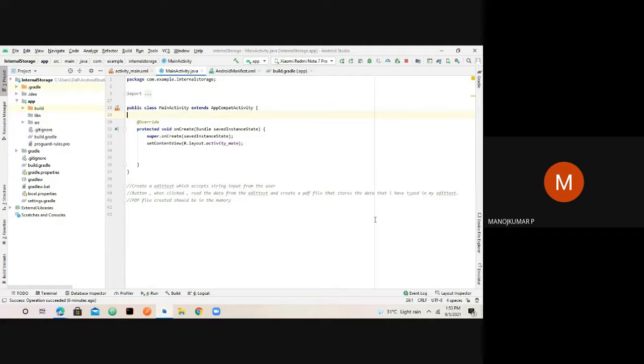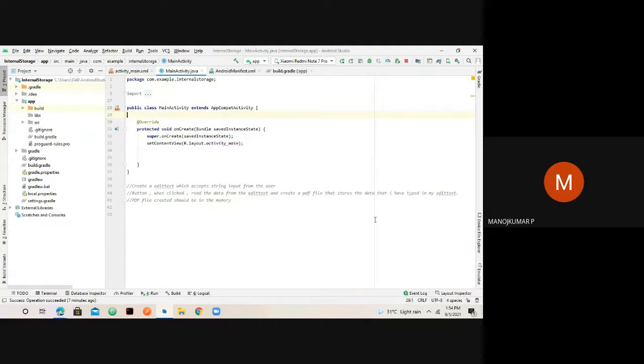The data could be of any form. It could be a simple text, or an image, an audio, or a video. So any form of data, how to store it to your internal storage. For that, this video covers a concept where we are going to create a specific type of file, let's say a PDF file, wherein we fetch some text data that we obtain from the user, and we create a file, and the file will be directly stored to your internal storage, that is your phone memory.